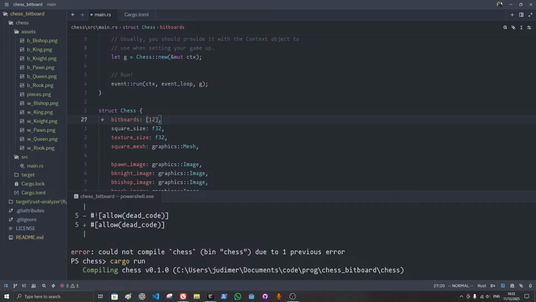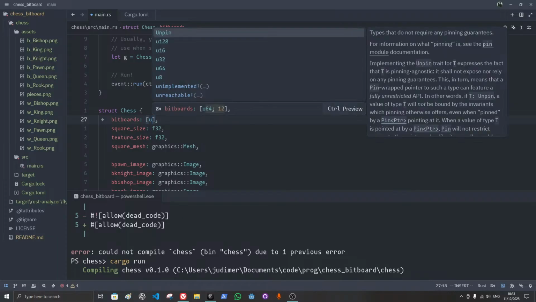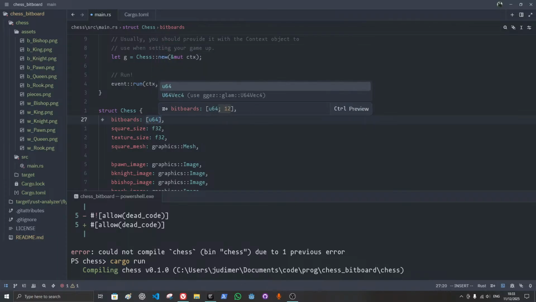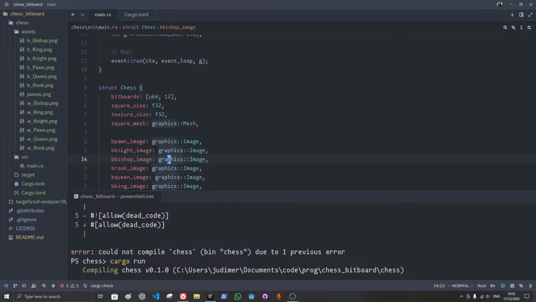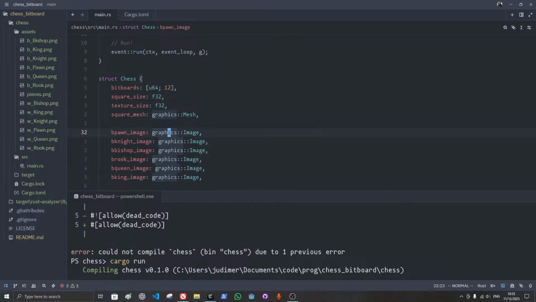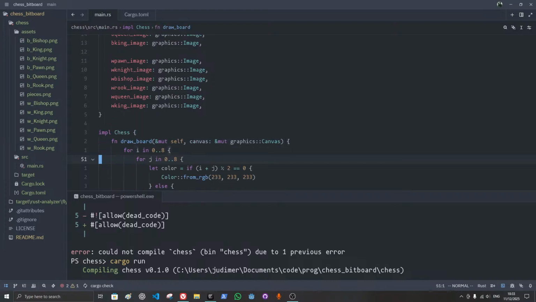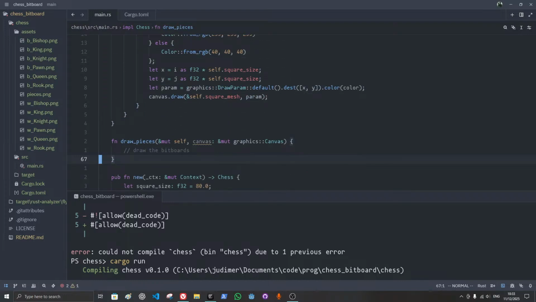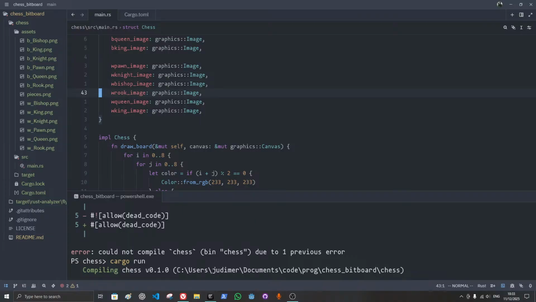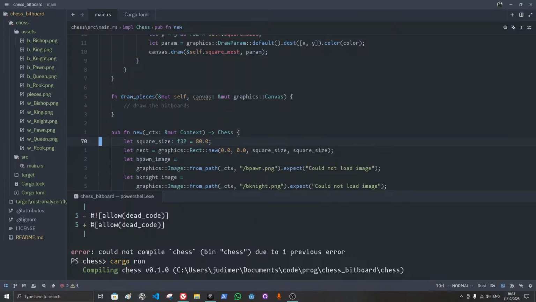Okay, we do that, and then okay, so this is I32, this is U64. U64, and the size is 12. Very good. Okay, so in new here